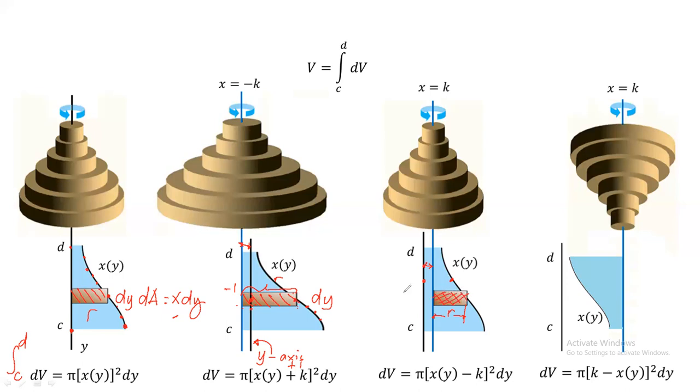We're going to rotate now this one here. So you have now x of y minus k, quantity squared, times pi dy is the differential volume of